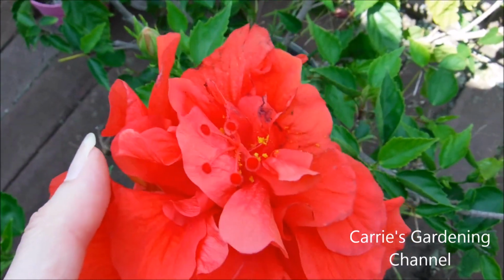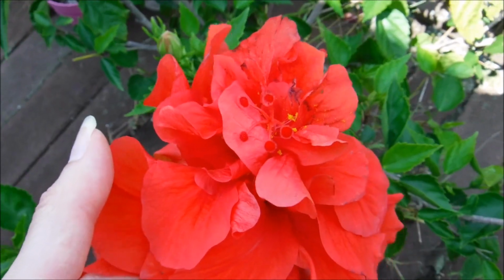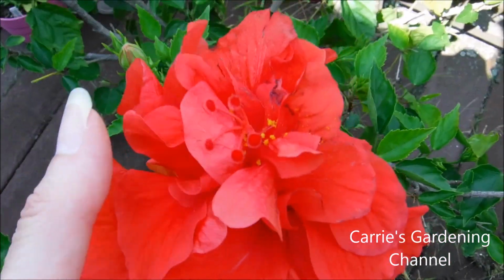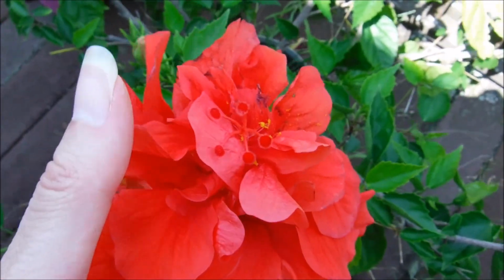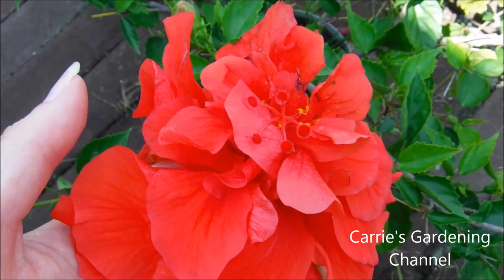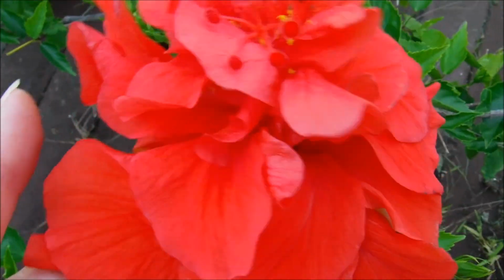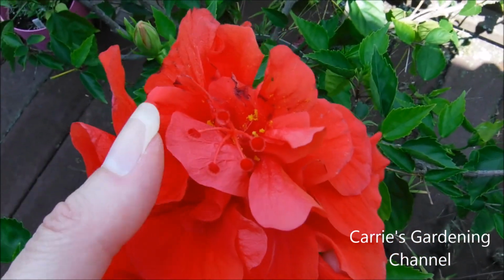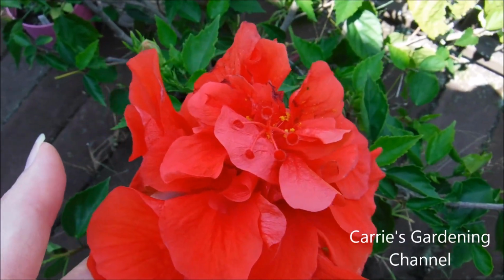So the best way to combat those is with a systemic product, which what you do with that is you water it into your soil, the plant takes it up, and because the scale pierces into the stems, the product goes through the whole plant. So when the insect pierces into the stems, they'll be basically drinking the insecticide. You can use a spray on them, but another thing you want to watch out for is white flies on them,